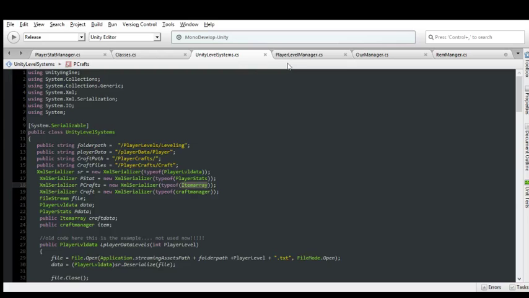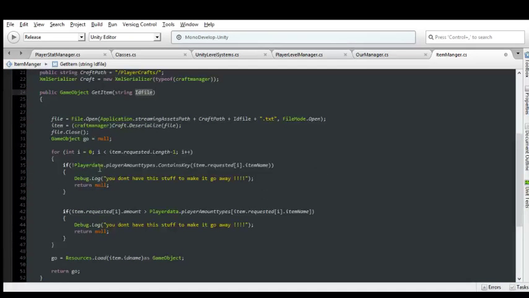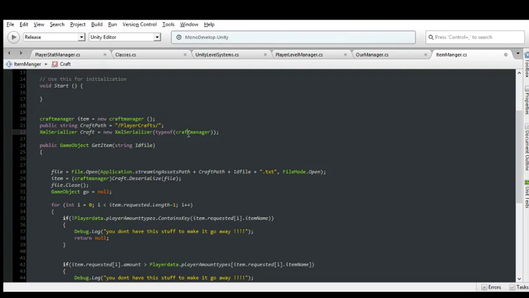But in our item manager, we have a for loop right here, item requested dot length, item dot requested. So what is our craft manager? Our craft manager is